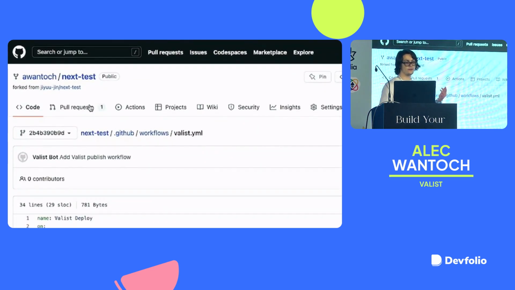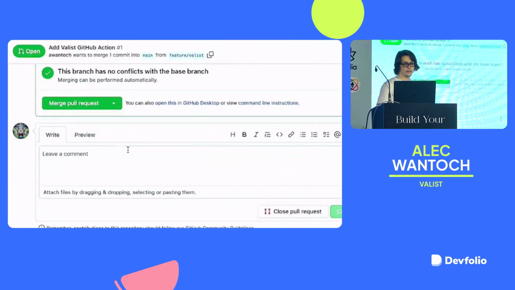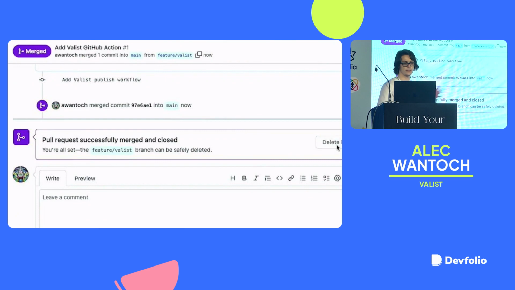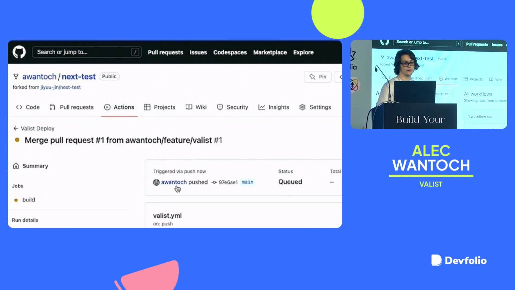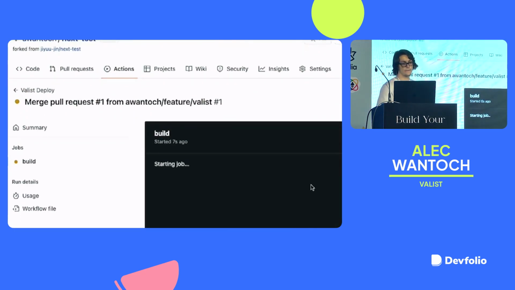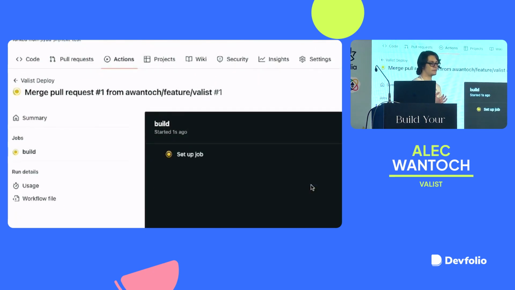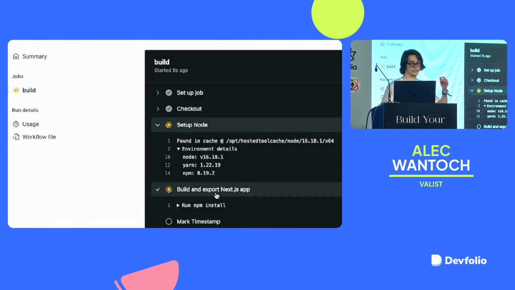So all we have to do to get this working is give it a merge. And then from there, it will automatically start publishing the Next.js app. And so I could delete this old branch here, and then I could go ahead and check out the GitHub Action. And so this is running here. This should just take a little bit. Yeah, it's basically going to do the same process that the CLI does, the same process that the web front end does, only completely automated. So we could see each of the steps here, and then that will get us rolling.